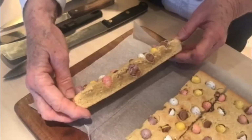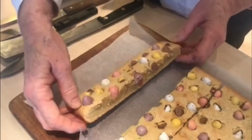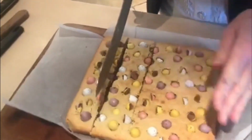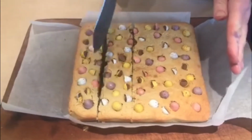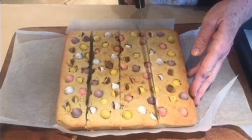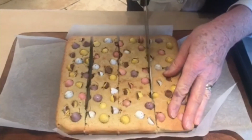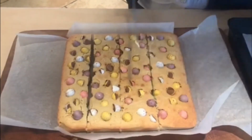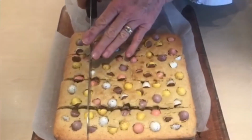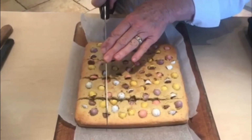I gave this 5 minutes back in the oven. If you want it more biscuity, then you cook it for an extra 5 minutes. So I'm happy with that. The last batch I made, I felt that it was a little too biscuity. So this is a good experiment for me to see how this will work out when it comes to tasting it. So I'm going to cut them into